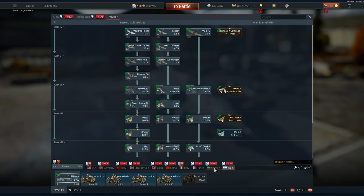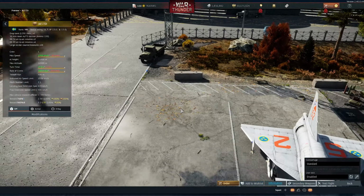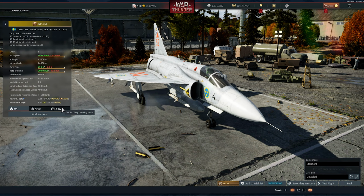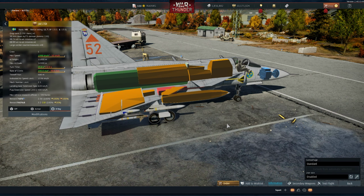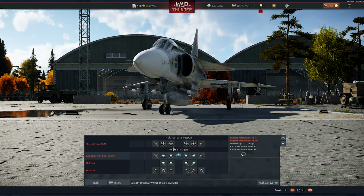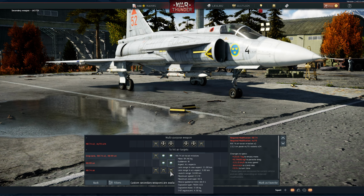But yeah, the Viggen is pretty much that, right? It's a Viggen that can fire the Fox 3s. You can see that the performance stats, everything is the same. Even the engine, of course, everything, right? In the payloads, of course, you don't need to grind anything, so here it doesn't matter too much. But you do have your beloved rockets over here. You have the RB99s. You have the